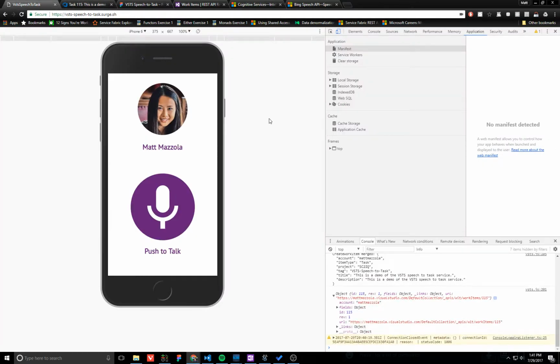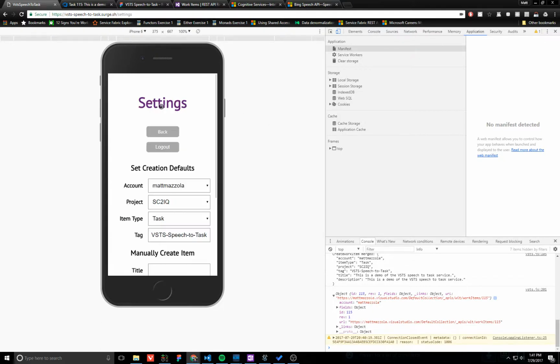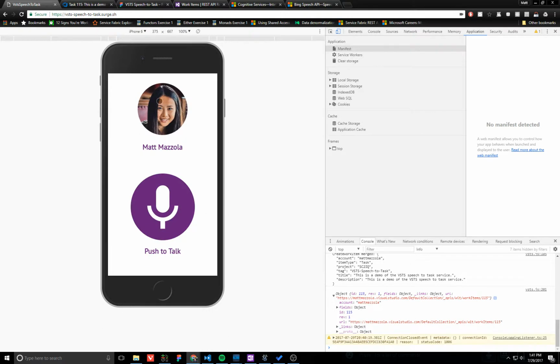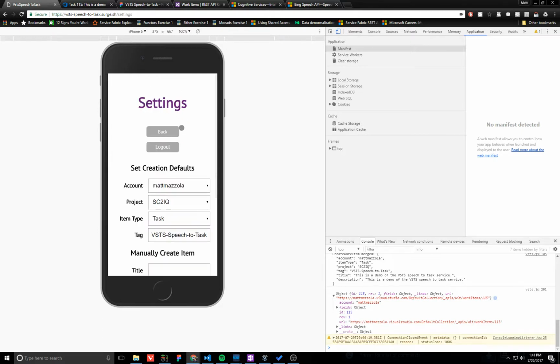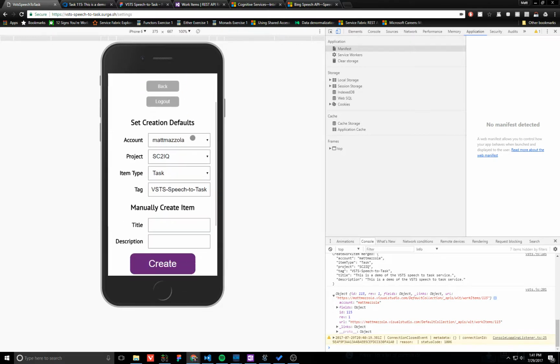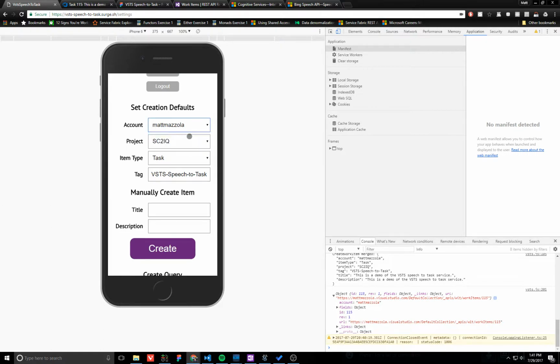So currently right now it's defaulting to pick the first account, first project, and first item type. If we want to do something else, you click on your profile page there. By the way, this is not me. This was a standard Microsoft branding image that happened to have some purple to match VSTS. But anyways, you click your profile to go to settings, and here you can see all your accounts and all